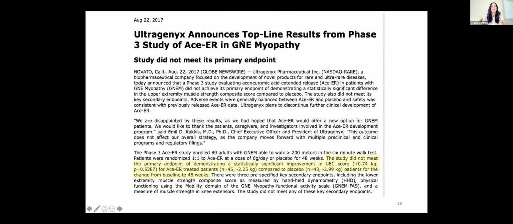So I just give this example to say that I do believe that rich natural history studies where we can really understand potential endpoints, especially in rare diseases where we may only get one chance to study a treatment, are invaluable. We should really be considering running these nice prospective natural history studies to understand these endpoints in all rare diseases.